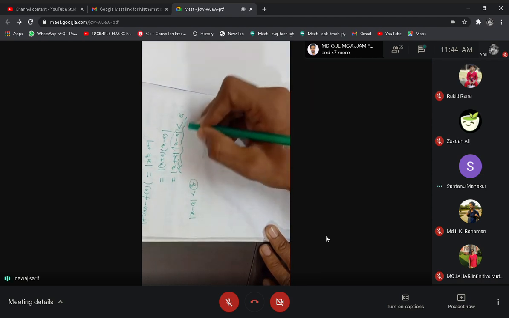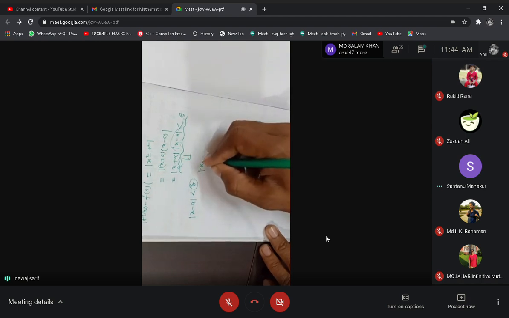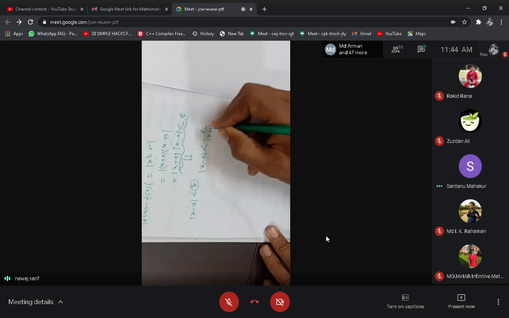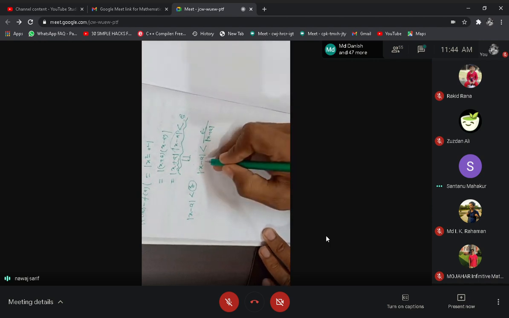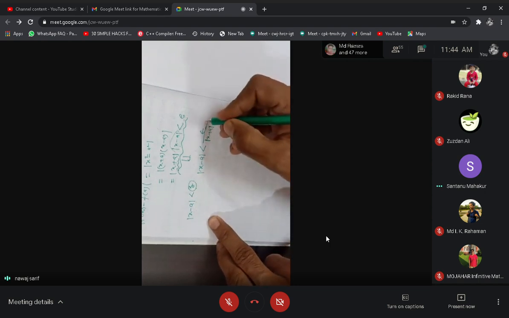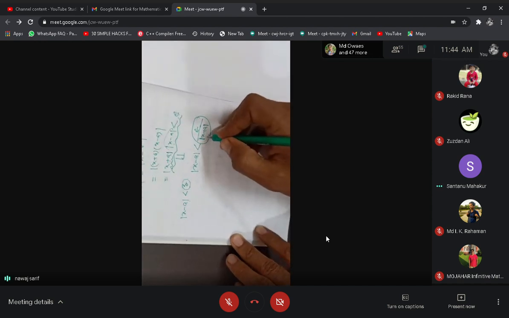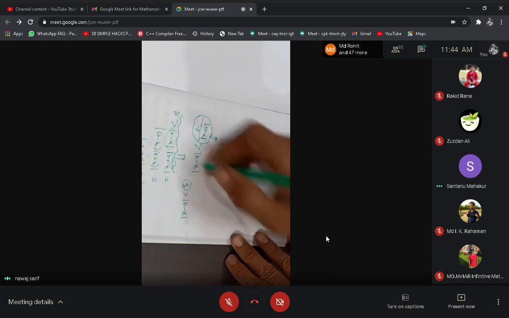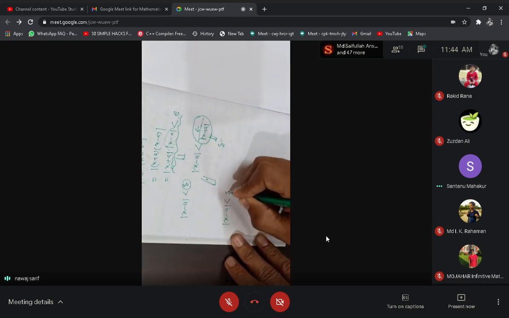Whole one is less than epsilon, and from here we can say that mod of x minus a is less than epsilon upon mod of x plus a, and this is the possibility. We have to choose such delta that mod of x minus a is less than delta. That means epsilon upon mod of x plus a, this term is delta. Then we can say that mod of x minus a is less than delta,